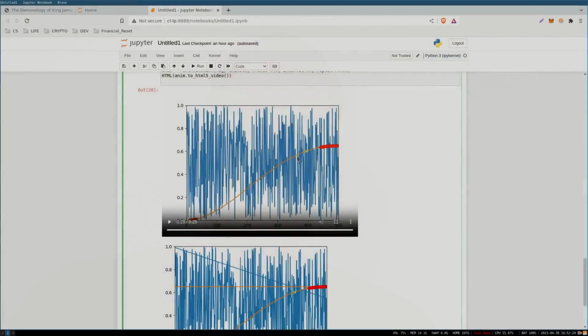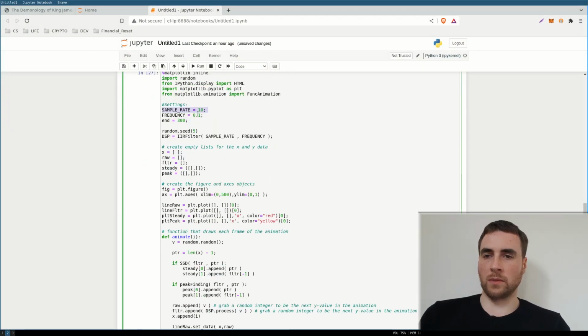So in a real world application, what I would do would be to take real world sample data from sensors and then replace this random signal with that real world sensor data. And then I would play around with the cutoff until I get the desired filtered signal. So let me, for example,